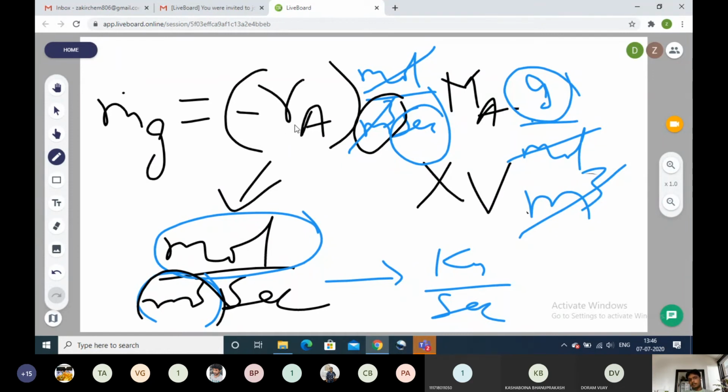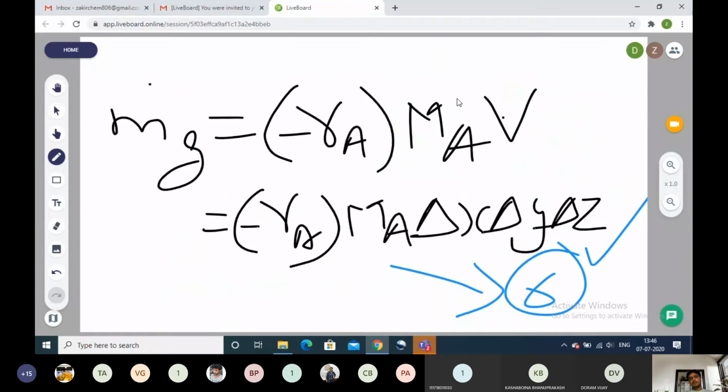So minus R_A has units of mole per meter cube per second. We need to convert this R_A to kg per second or gram per second, so we have to multiply with some terms. To replace the meter cube, we multiply this variable with the volume of the cuboid. Then, to replace the mole, we multiply with the molecular weight, similar to what was previously discussed. So the overall equation for the generation term is minus R_A M_A into delta x delta y delta z, which is nothing but the volume.